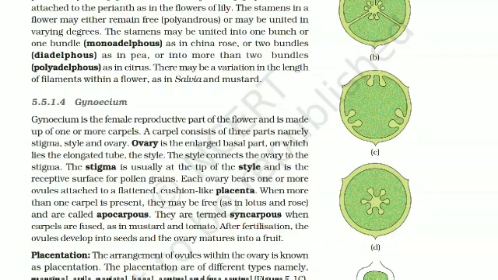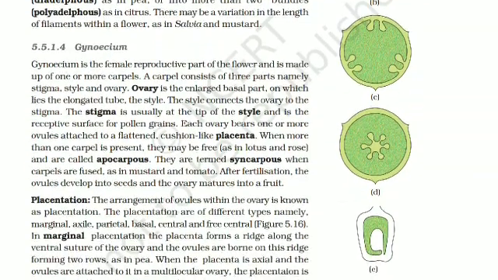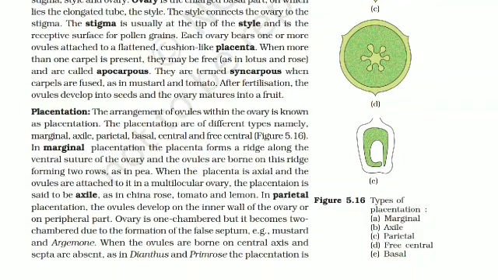And the last one is the basal placentation, in which the placenta develops at the base of the ovary. Where does the placenta develop? At the base of the ovary, and the ovule, that is a single ovule actually, is attached to the base of the ovary. It's a very common example found in case of sunflower or in the marigold flower. So it is about the different types of placentation. You just draw the diagram, and I have given you some common examples.